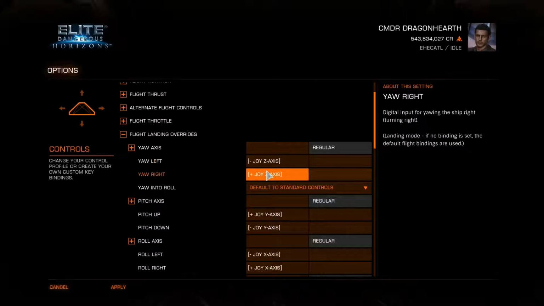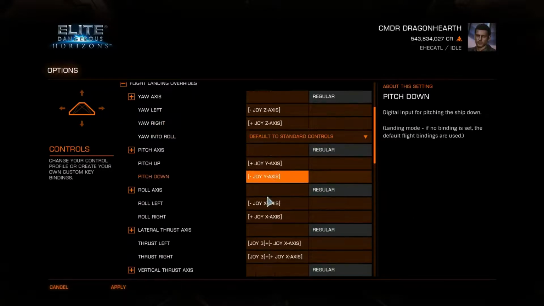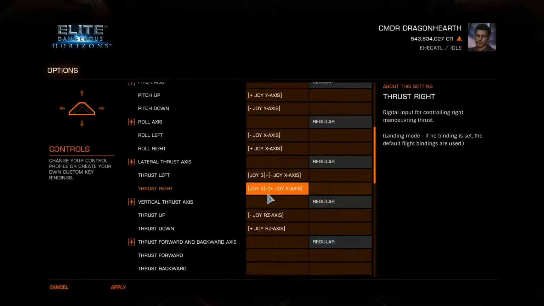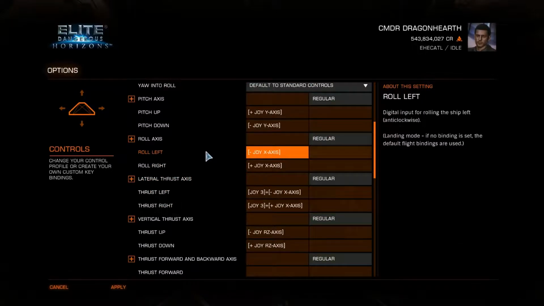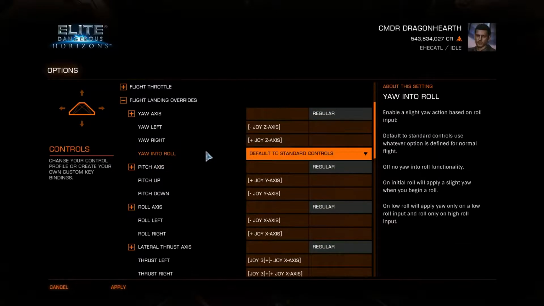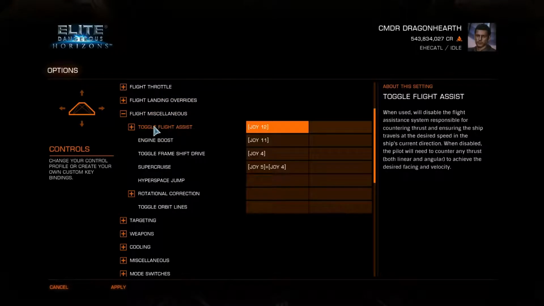Yaw left and right is the same as flight rotations. That is all the same. Voila. I'm trying not to go too fast, so pause the video if you want to take a look at it. Flight assist, I'm using the right joystick pushing it down, like